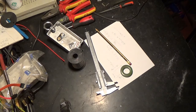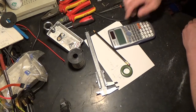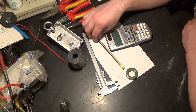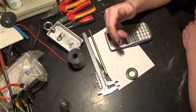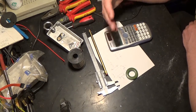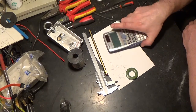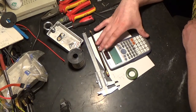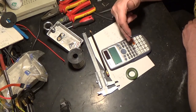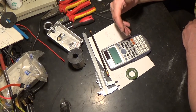It's good to get yourself a scientific calculator like this one, because when you come to measure wavelengths and work out capacitances in parallel and resistance and so on, you don't have to do all the manual working by hand, writing it all out. With a calculator like this, and this is the FX991ES Plus, it allows you to do all of your square root and squaring functions, logarithms, and your engineering points,